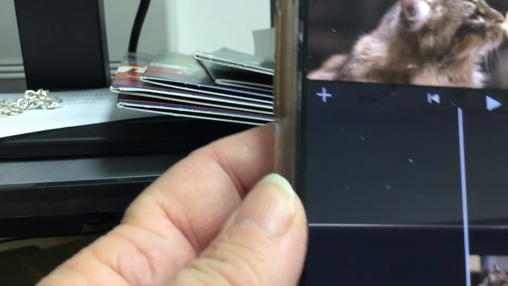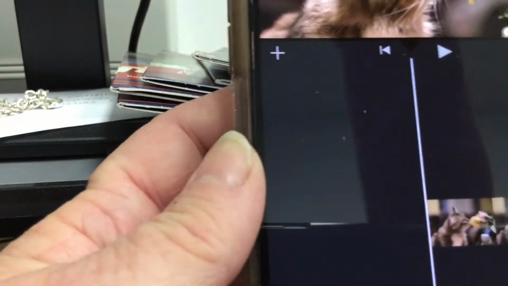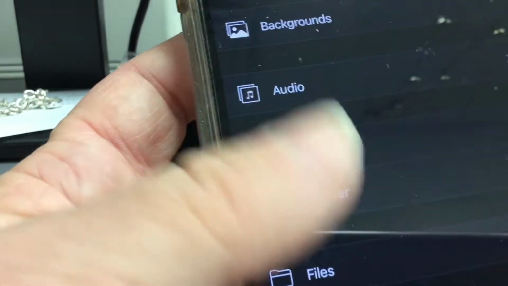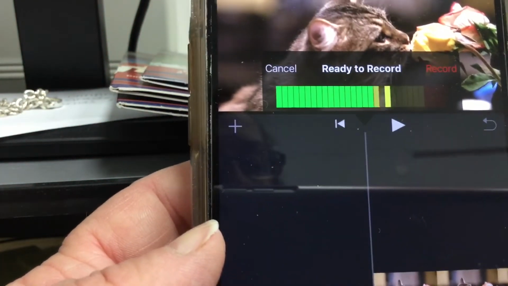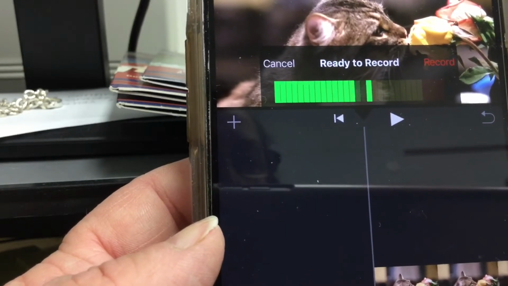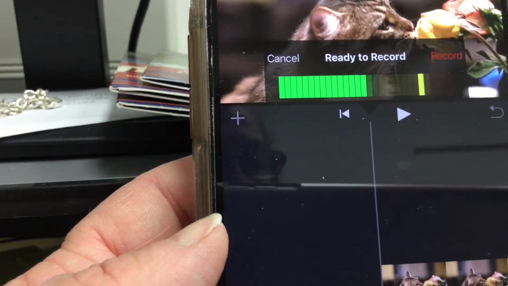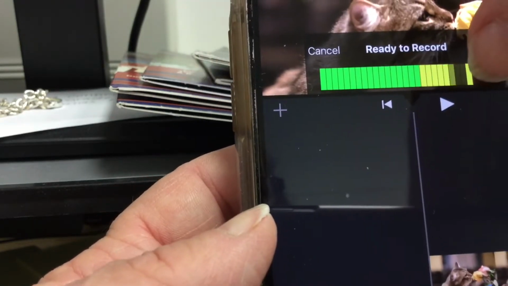And then I'm going to go back to the beginning of it, and I'm going to press this plus sign right here, and I'm going to get to the screen. I'm going to press voiceover down here, and the voiceover shows you this screen right here, and when you press record, it will give you a countdown, 3, 2, 1, and then you start to record. So for example, I would press the record button,